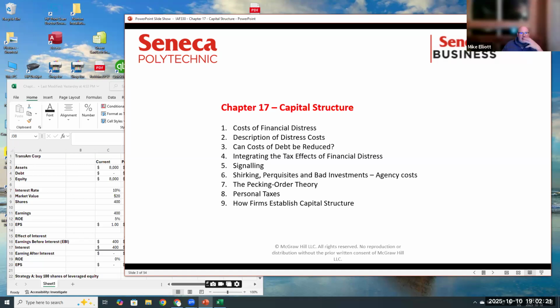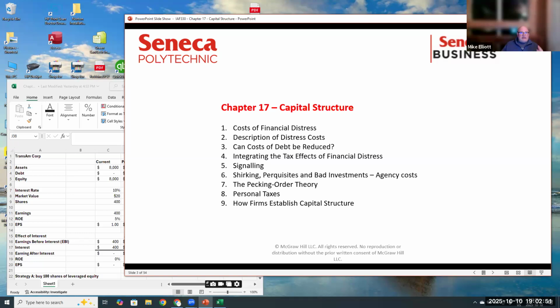When we talk about capital structures, we have to talk about some of the costs involved in them, particularly the costs involved in debt. One of the hidden costs of debt that we don't really think about first is the cost of financial distress. And we'll talk about it a little bit in a minute, but what goes into the cost of financial distress and what that means in terms of what we have to build into the cost of everything else is really kind of important.